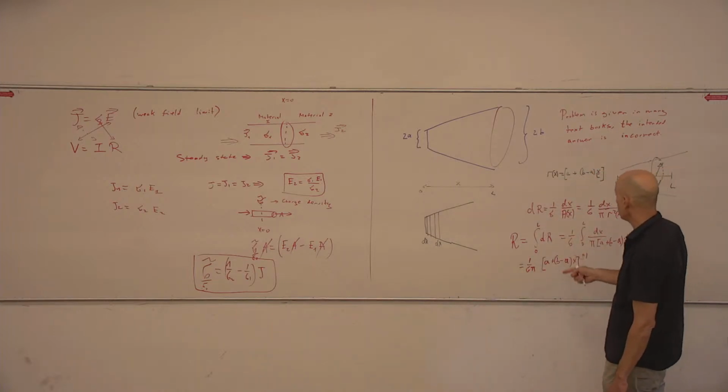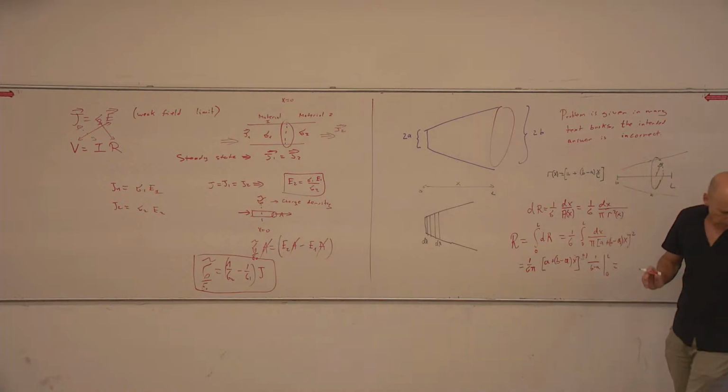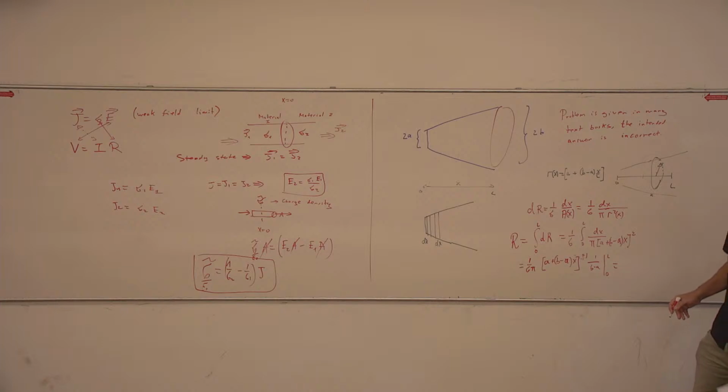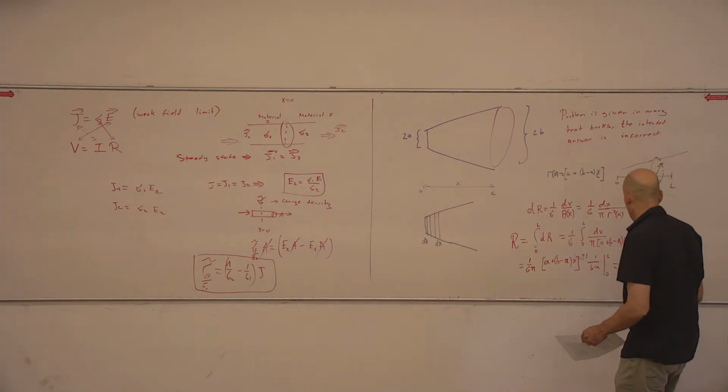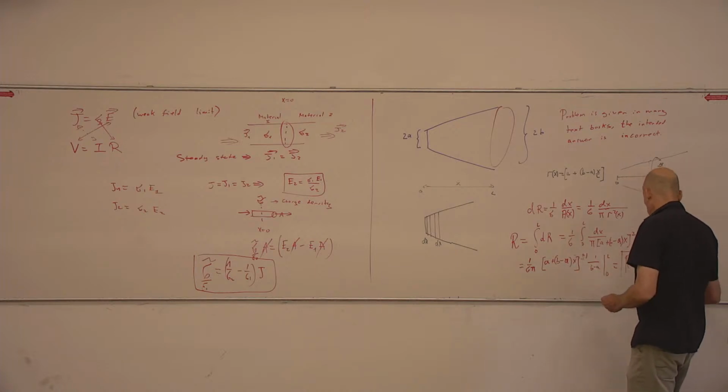And then when I take the derivative, I need to divide by b minus a, from 0 to L. It is very easy to solve this. I'll just write the final result: R equal this L